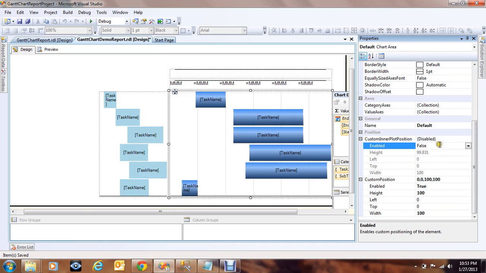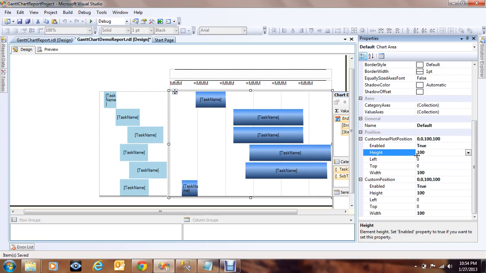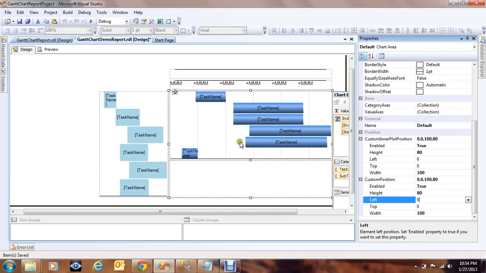This is another thing that probably you will be using when it's required. You can make this true, and as you can see, this controls how much area needs to be given for this report. If we give 100%, the whole 100% will be given to this one. So here if you give 80%, as you can see, out of this 80, 100% will be given to this one. If we give something like 80 for this one, you can see how it looks like. See, further within this one only 80% will be given to this